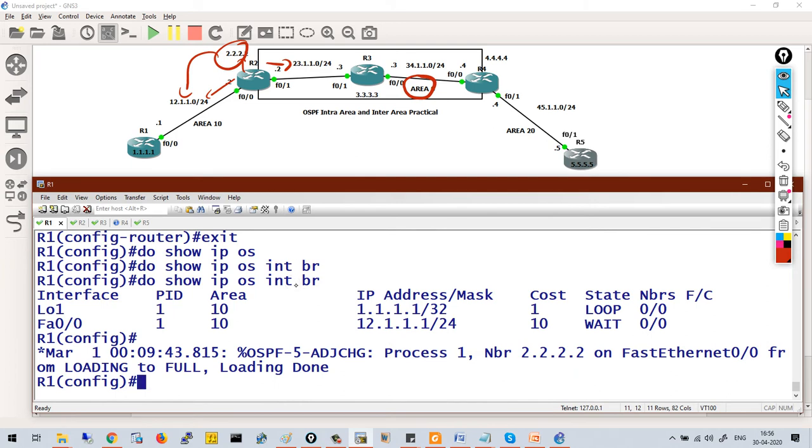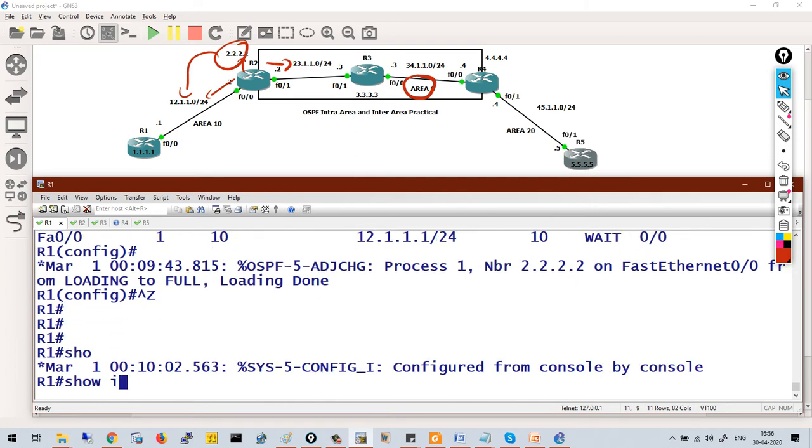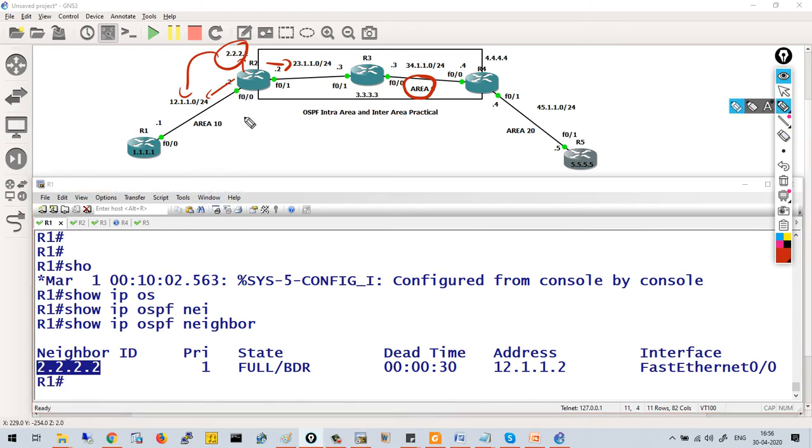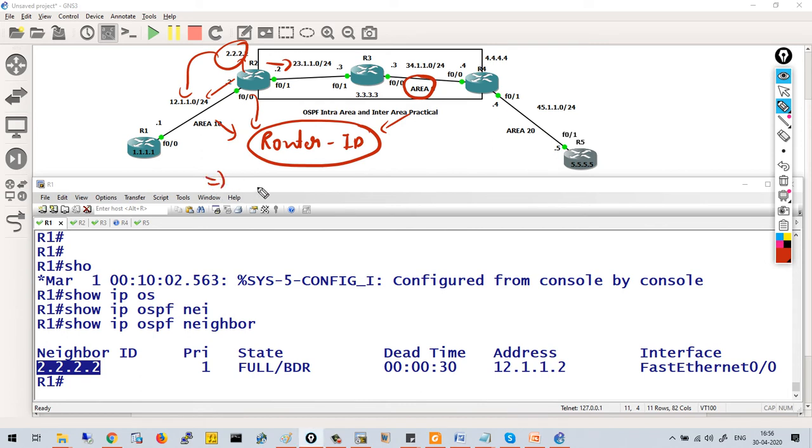So let's not wait. Let's come to R1 and run show ip ospf neighbor. You can see R1 has full neighborship with R2. 2.2.2.2 is the router ID of R2. I think we all remember the concept of router ID. Whenever we enable OSPF on the router, the router will elect a router ID.